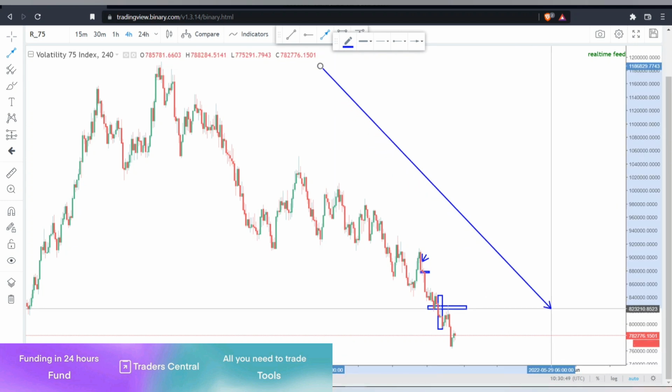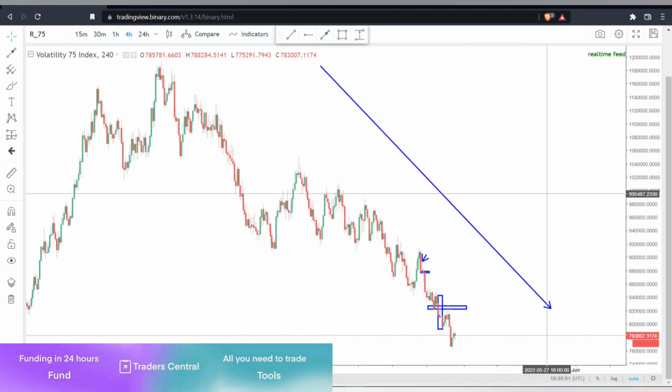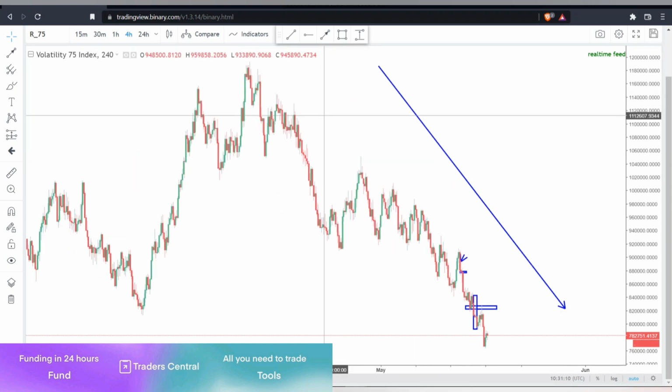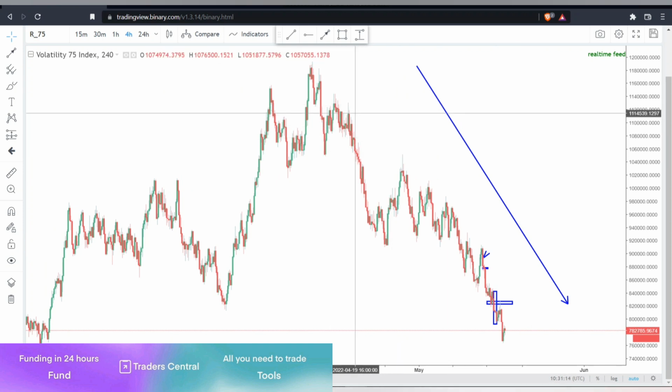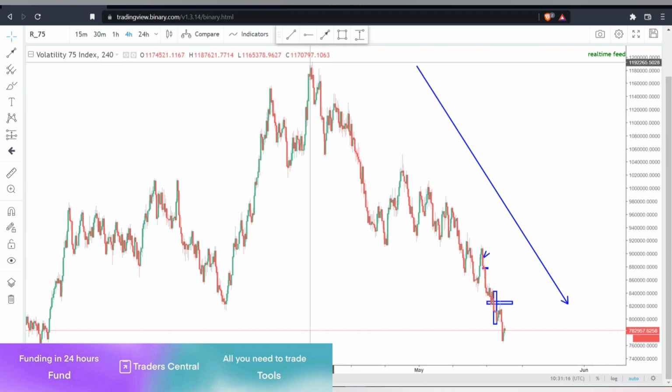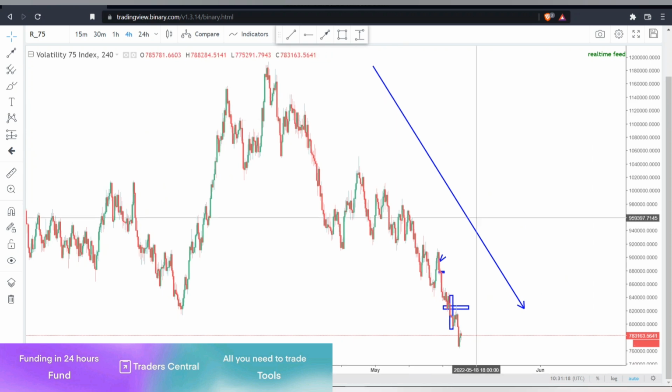So what do you do normally on a downtrend market? Simple, just look for sales. On a downtrend market, you look for sell entries only, nothing else. And you can see that the market has been moving on a downtrend for a very long time. And good enough, the market did provide us with a lot of pullbacks on where we could have